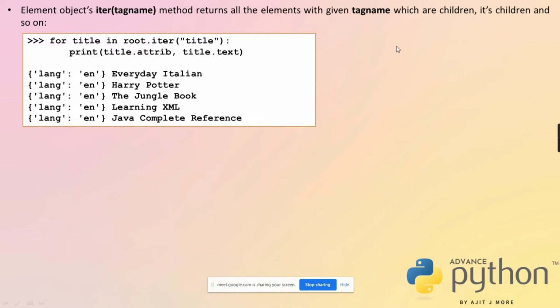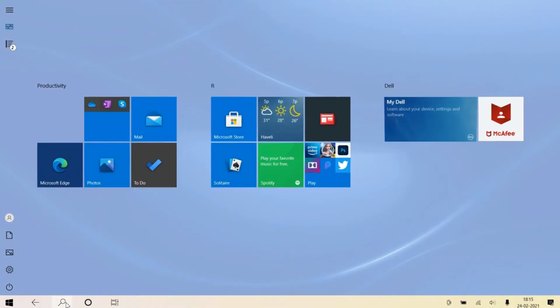So in the entire tree starting from root, as many elements as there are with the name title, all are put in one iterable, and you are fetching them one by one, and then printing each element's attrib and text. Get it? This demonstration, I'm sure I gave you yesterday.